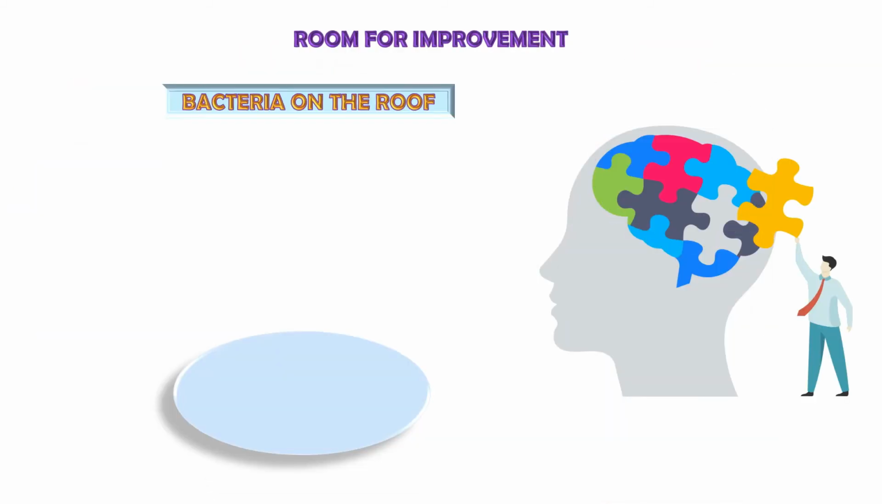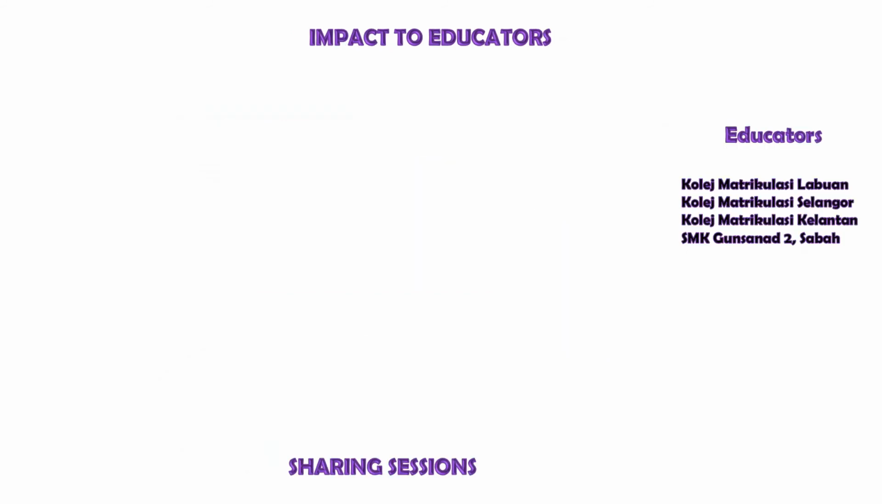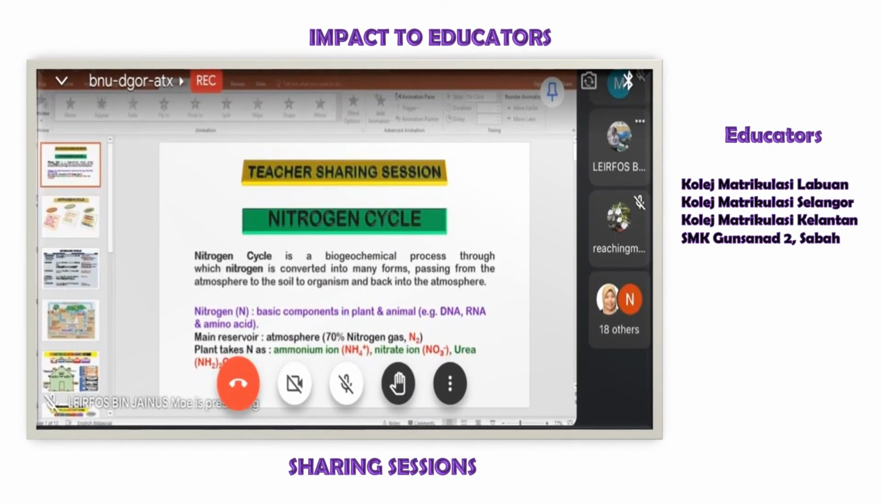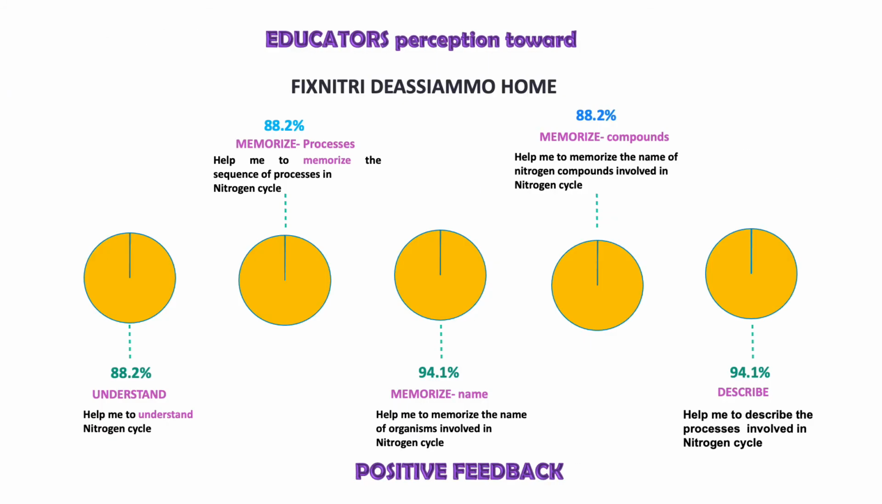In the near future, we are glad to say that we have another addition to the current FixNitri DeAssiAmmo Home. We have a method that will help students memorize the names of the bacteria based on the processes involved. As part of the effort to share knowledge, we had the opportunity to share this innovation with educators from 3 colleges and 1 school. After the sharing session, we asked for their perception of FixNitri DeAssiAmmo Home. The responses are: